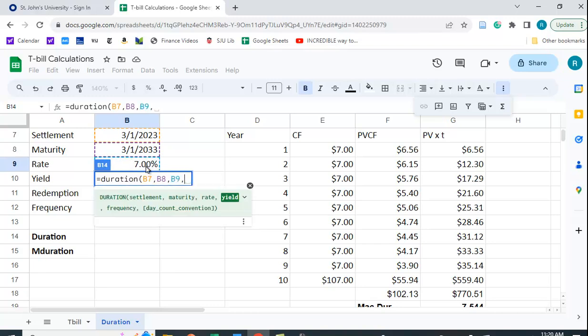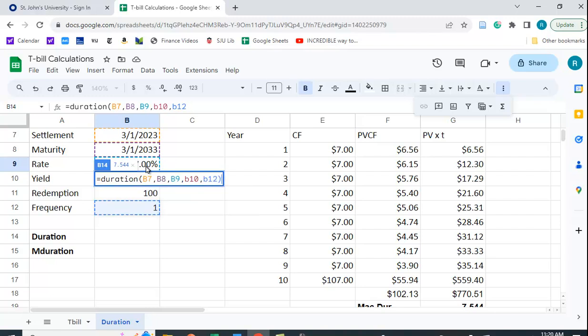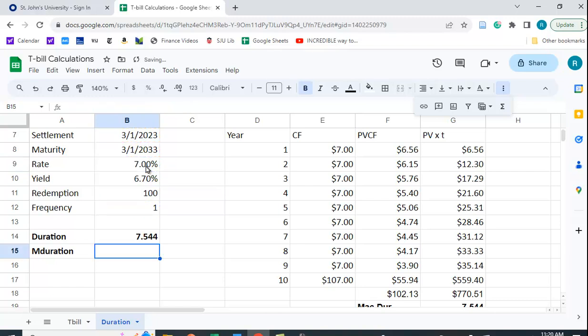I'm kind of covered up, so I'm just going to type this in myself. We need the yield, which is in B10, and the frequency, which is in B12. There's also a day count convention, which we're not going to worry about. If you don't put anything in, it's going to use a 360-day year and a 30-day month count. Let's hit enter, and we get the same answer,